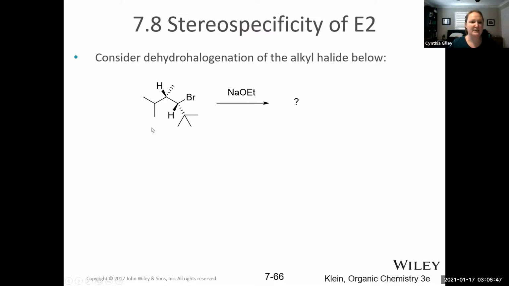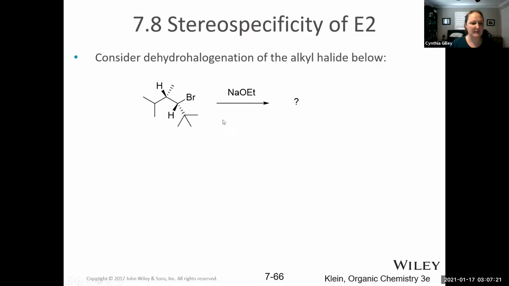because this reaction is stereospecific. And the reason I know it's going to be E2 and not SN2, for example, is because even though we have sodium ethoxide, which is considered a strong nucleophile and a strong base, we are dealing with a secondary alkyl halide. Secondary alkyl halides with strong nucleophiles / strong bases will prefer E2 over SN2. So instead of doing SN2 and kicking out the bromine, it will take a proton from one